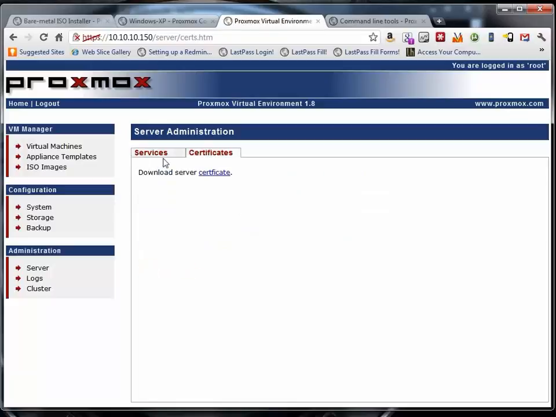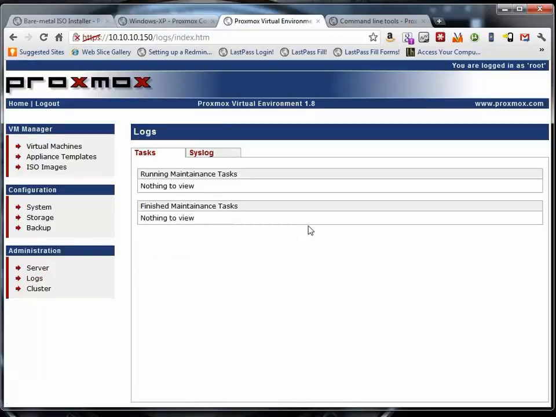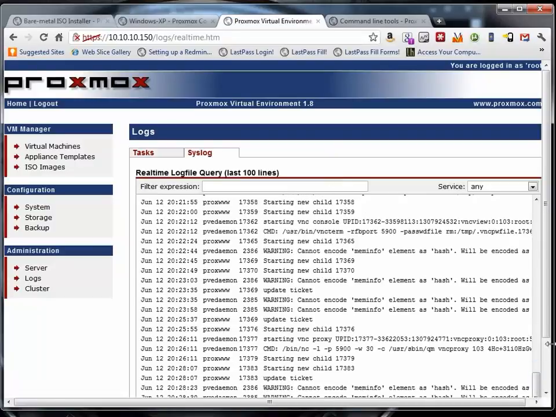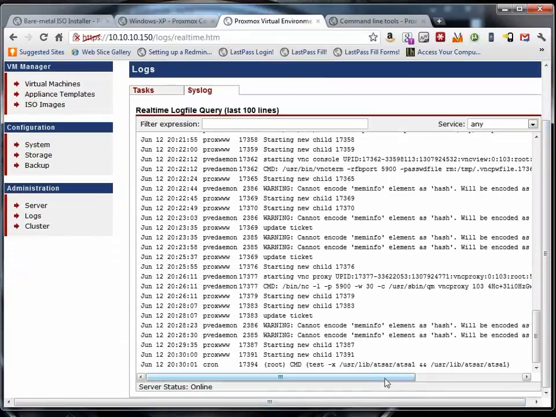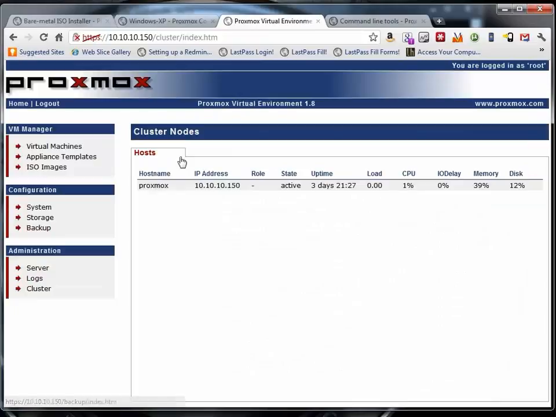Certificates, that's if you want to, like right now the HTTPS is not, you can download a certificate if you want, don't really care. Logs, nothing really important here. Logs are sometimes useful, but I usually just check it on the server myself. And cluster, I only have one up and running, so